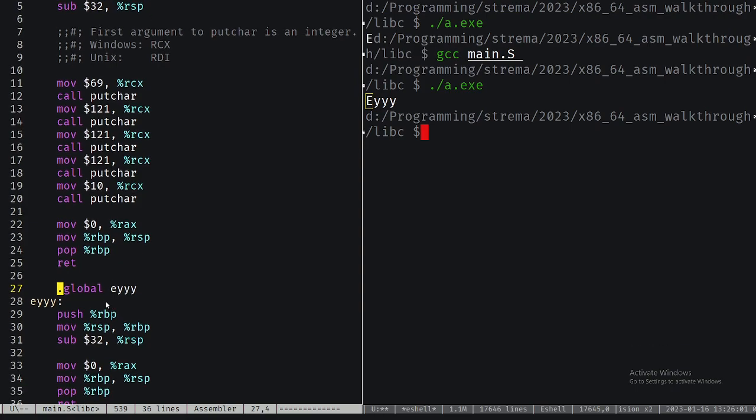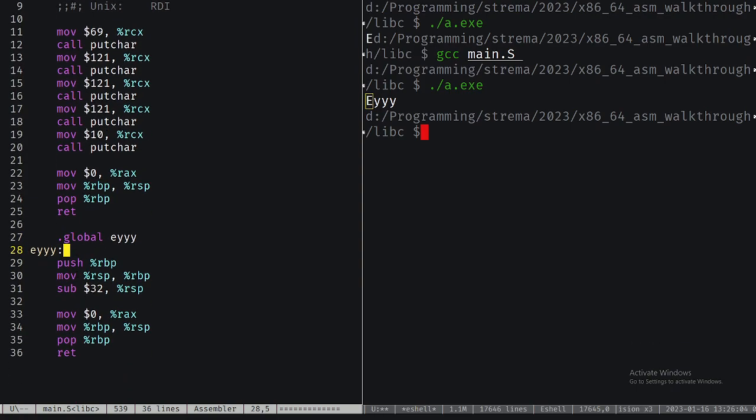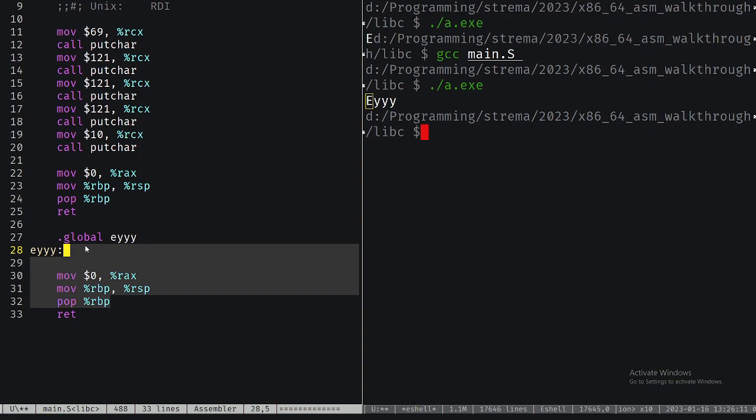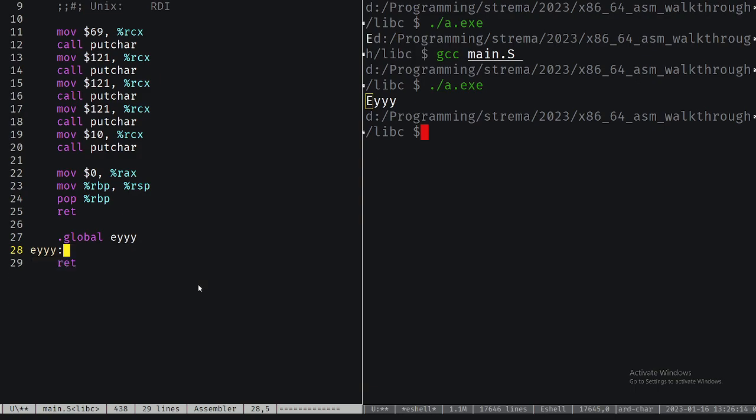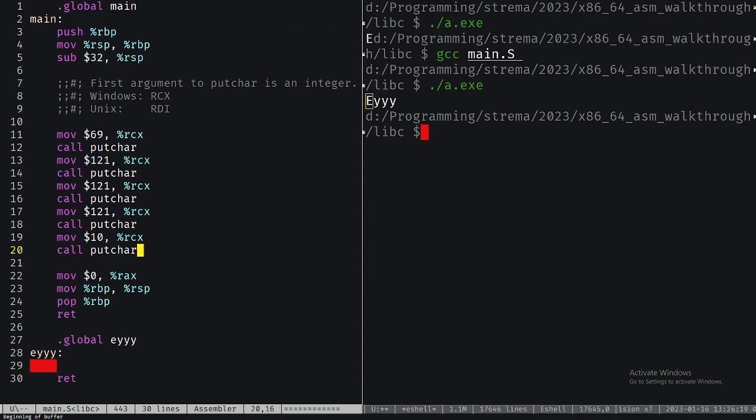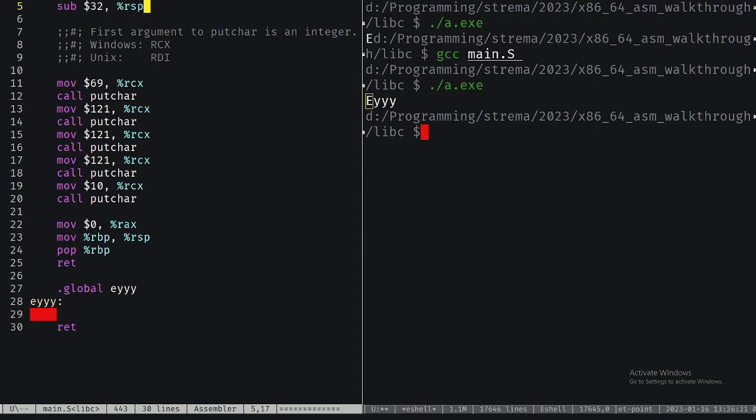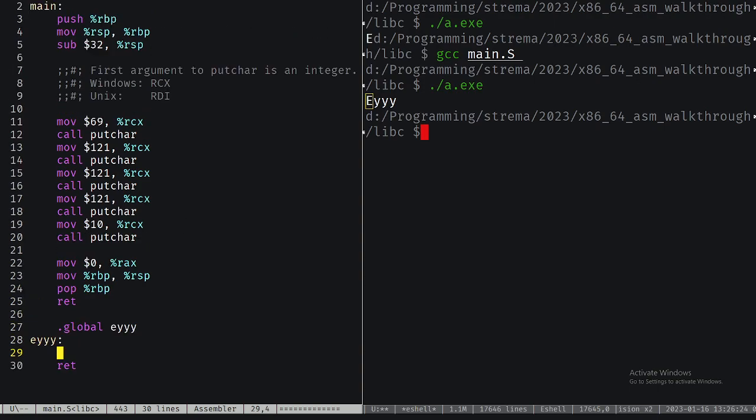However, if we know that it is only a local function, then we don't actually need this prologue and this epilogue or these stack frame things. Because we call putchar, we do need the stack frame things. But if we didn't, what we could do is call A, we'd have to push garbage, like push RBP so that we're once again 16-byte aligned. Then we could call putchar, and basically with all these arguments,